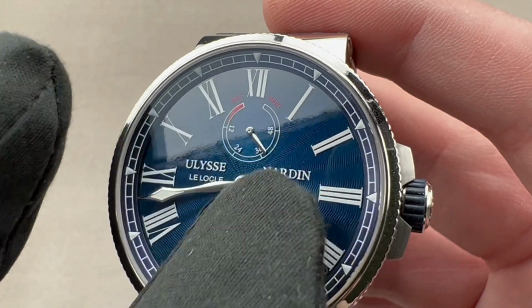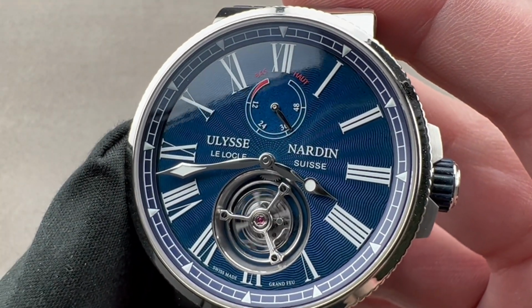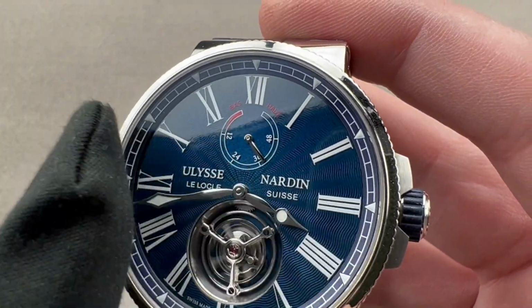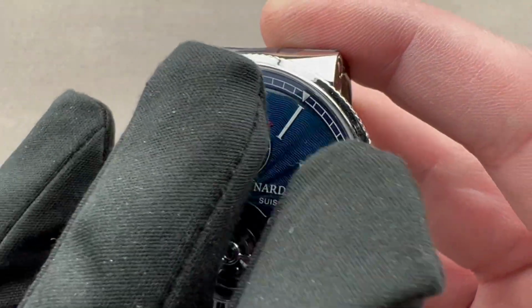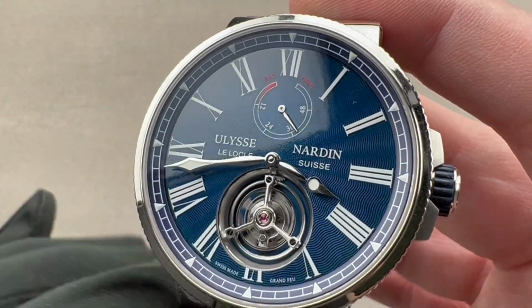This is called flinque enamel because it's grand feu, fired up to 20 times at 800 degrees centigrade, but it's also translucent, showing a rosette pattern, a sort of guilloche, which may be stamped or reductively engraved, but you can see it is a rosette pattern with translucent grand feu on top. Very difficult to achieve, a beautiful and rare